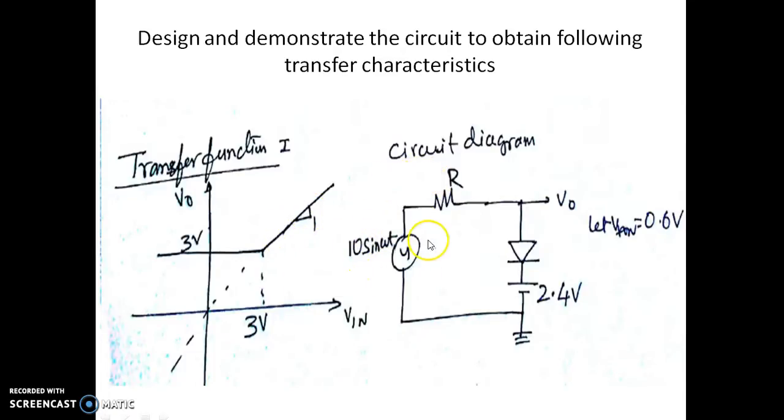The circuit diagram is given over here, and assuming a diode drop of 0.6, we have to use a battery of 2.4 volts, so that 2.4 plus 0.6 happens to be 3 volt here. So when the diode is conducting, the diode turns on only when the input voltage is more than 3 volts here. So when the diode is